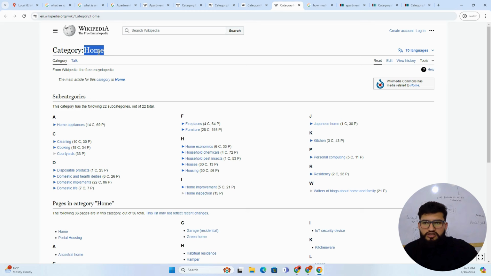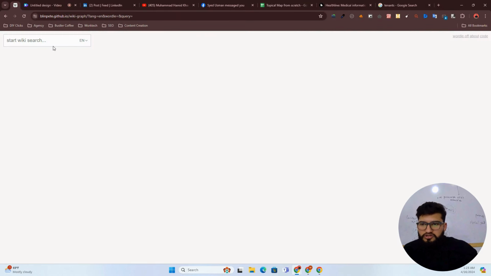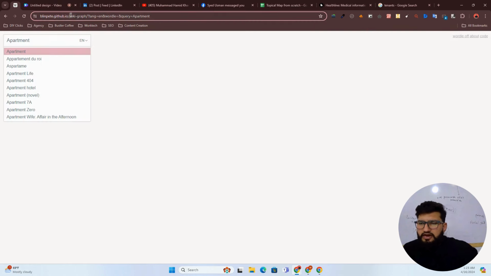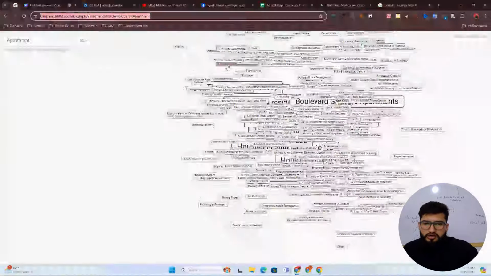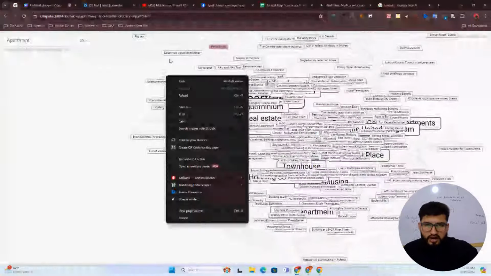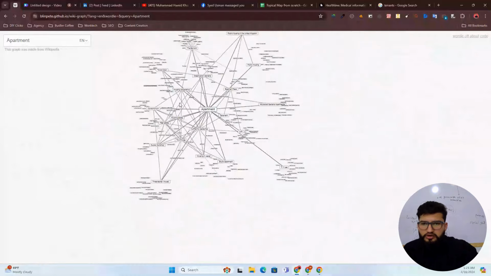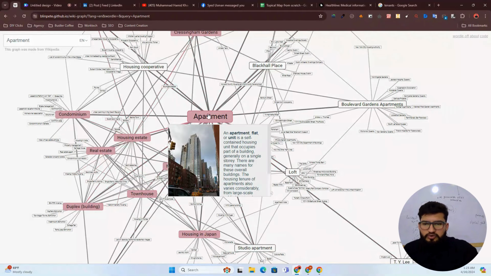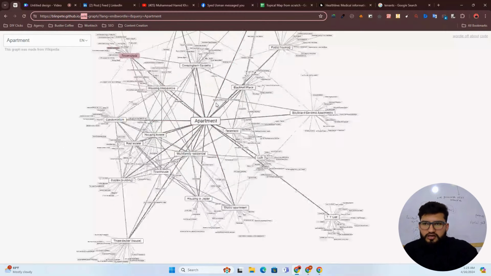In simple words, if I go to one tool, you may understand what I'm going to say. If you write here apartment, and this tool, I don't know who the actual owner is, but one of my good friends, Noman Khan, thanks to him, he introduced me to this tool. It's a very good tool to understand the relationships between multiple entities or pages created on Wikipedia. It's just populating data from Wiki, if I'm not wrong.